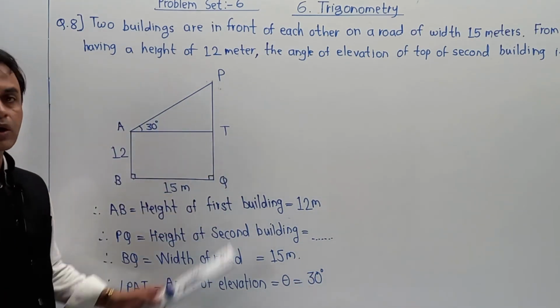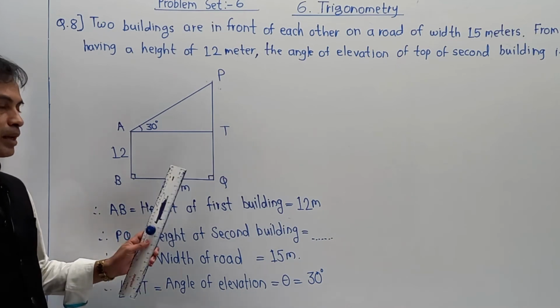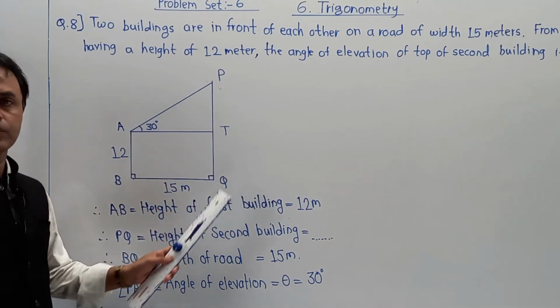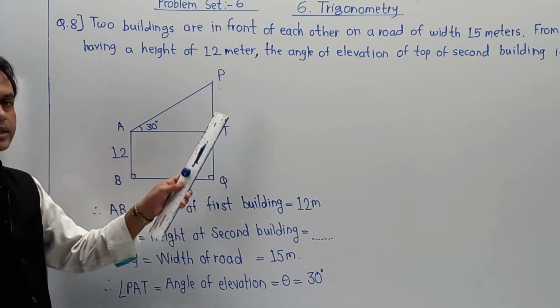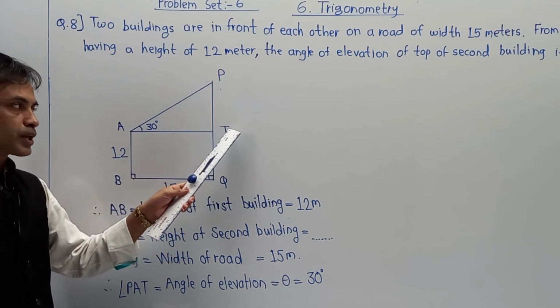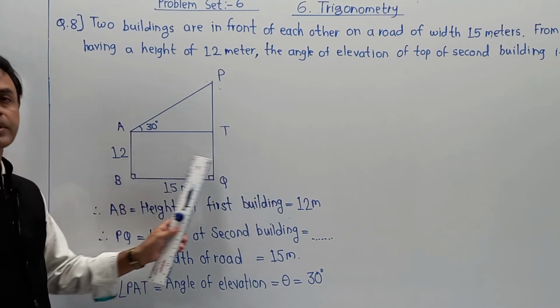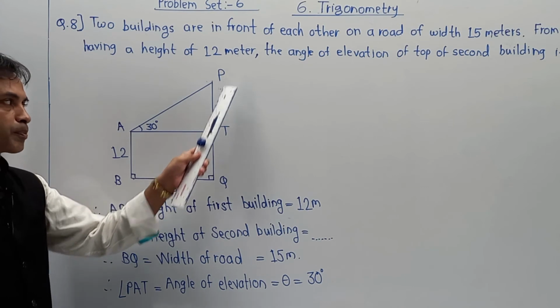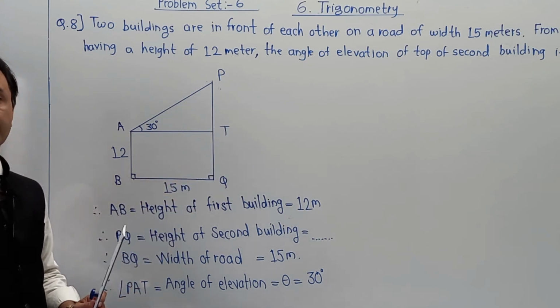So this is all the basic information correlated with the diagram and structure, and with the help of that we have to calculate PQ. Now what does the calculation of PQ mean? Here there are two parts. First we have to calculate PT as well as TQ. You can get TQ directly from the diagram, but for PT we have to use trigonometric formulae and calculation.